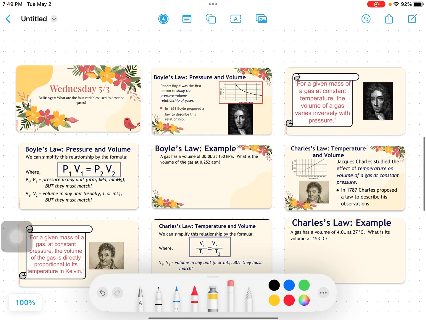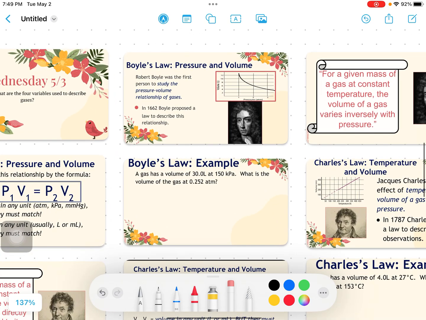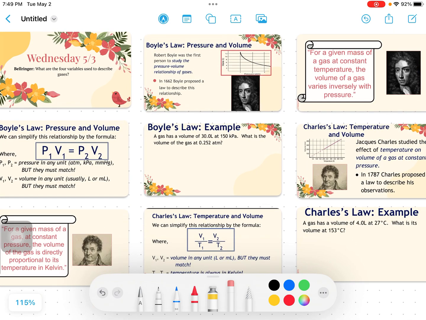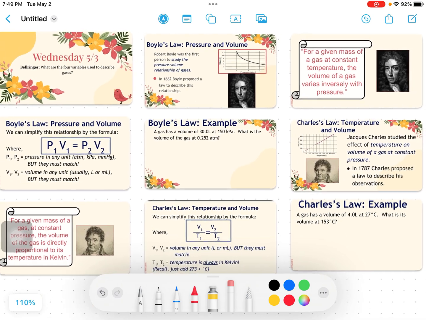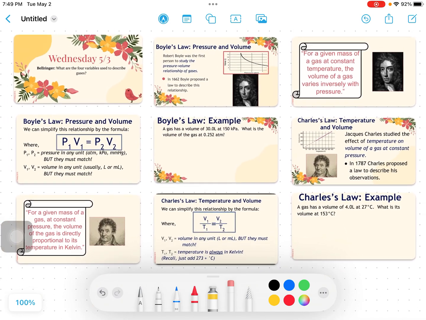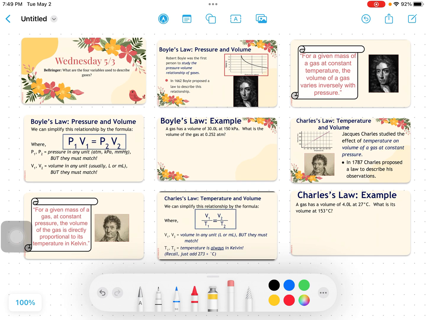So Robert Boyle was the first person to study the pressure versus volume relationship. In 1662, Boyle proposed a law to describe this relationship. Like we talked about yesterday, when the volume increases, we should see a decrease in pressure, and as we see a decrease in volume, we should see an increase in pressure. So he came up with his law,